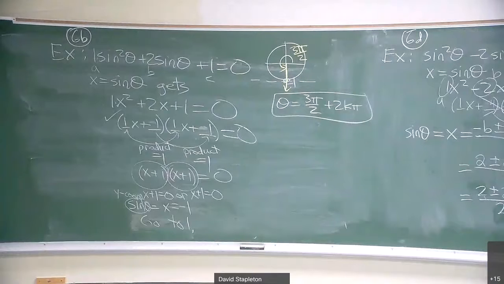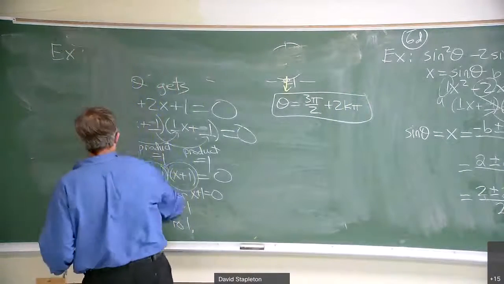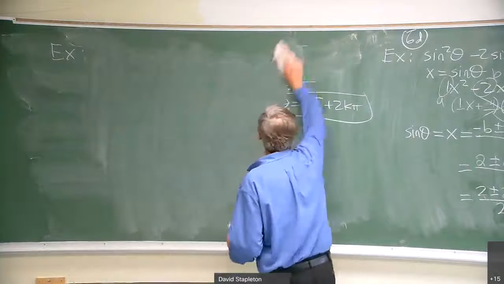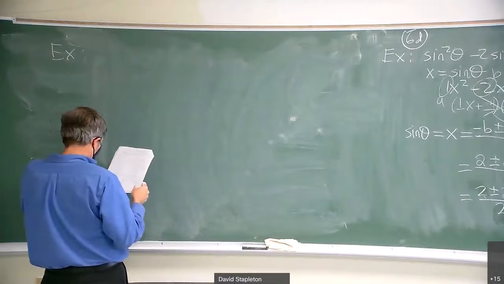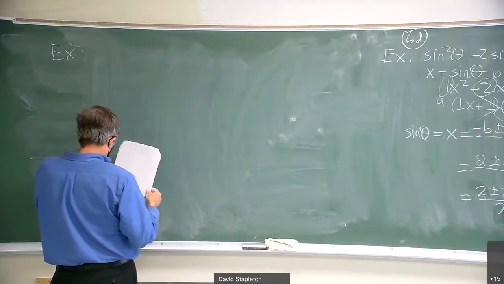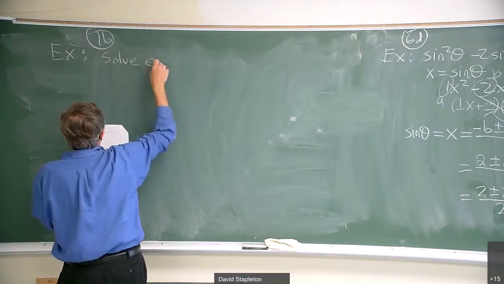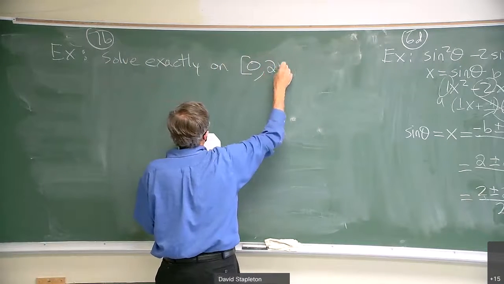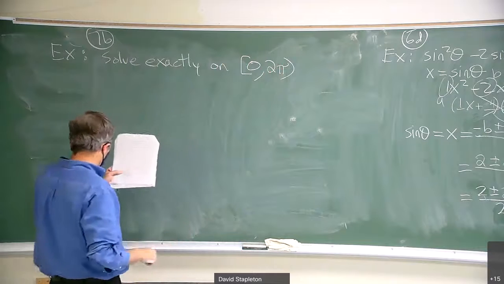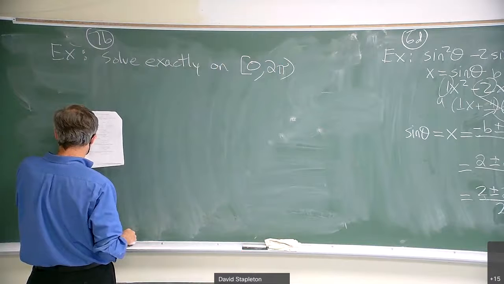Here's the kind of fun problems you can get. Now, this would be 7b. Solve exactly on the interval 0 to 2 pi. So it means theta between 0 and 2 pi, not equal to 2 pi. The following, not 7b, I'm on 7c, I'm sorry, 7c,